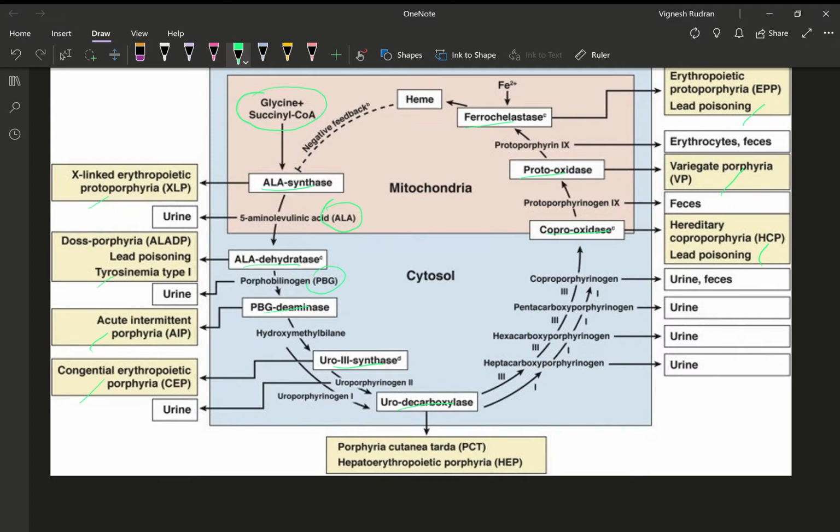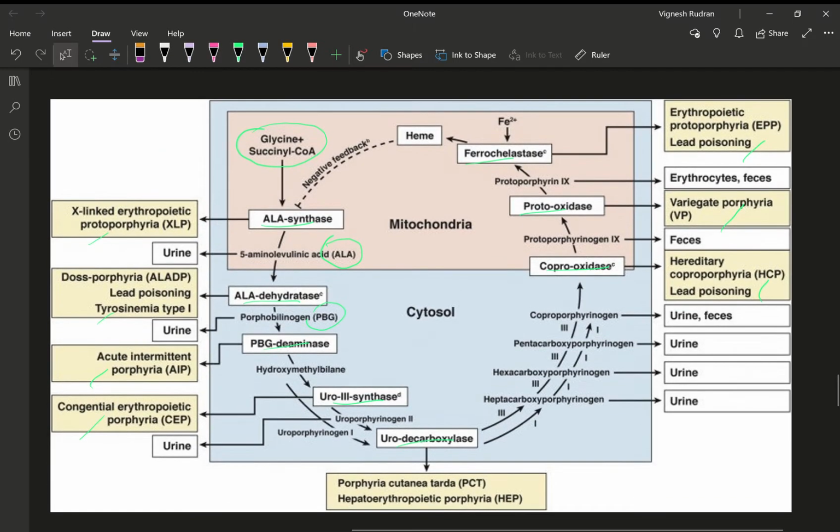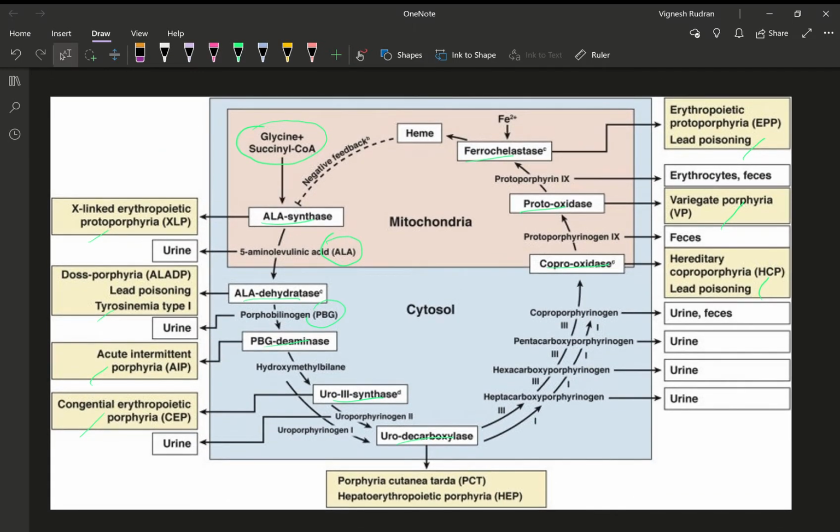These are not normal diseases, they are very uncommon diseases, but very fatal and very important diseases, and highly likely to be tested on your university exams or any kind of USMLE or NEXT or whatever it is. So it takes a lot of detail and you need to remember a lot of this information. But basically porphyrin metabolism has a lot of enzyme defects and you need to know all of them. If you really are interested, you could pause the video and look into each one of them and try remembering all of them.